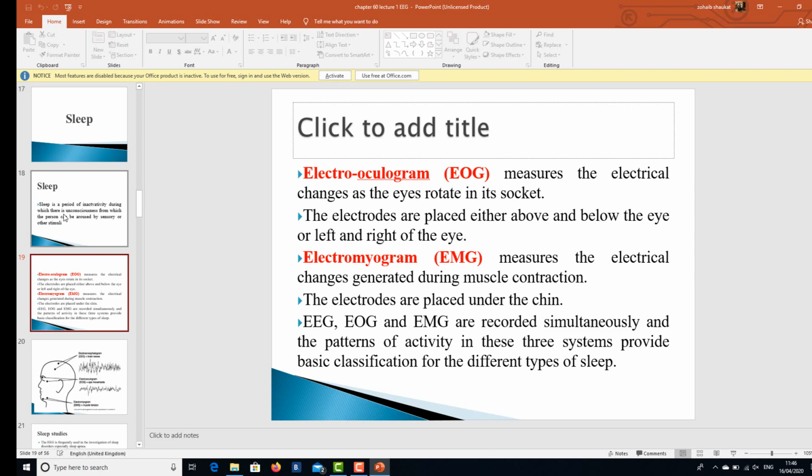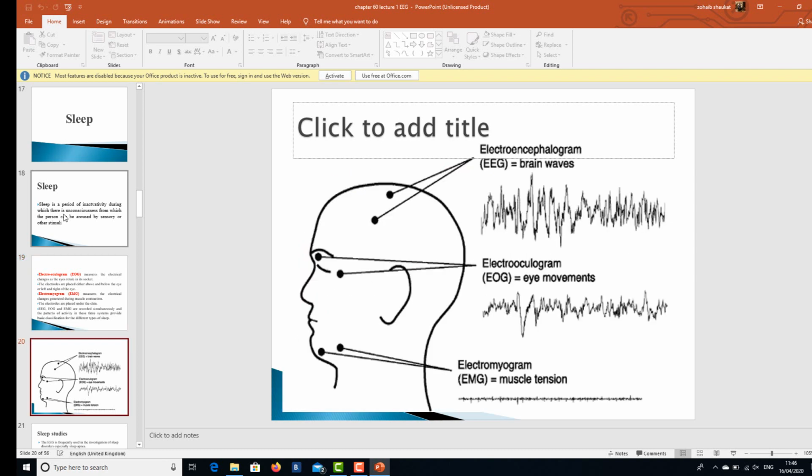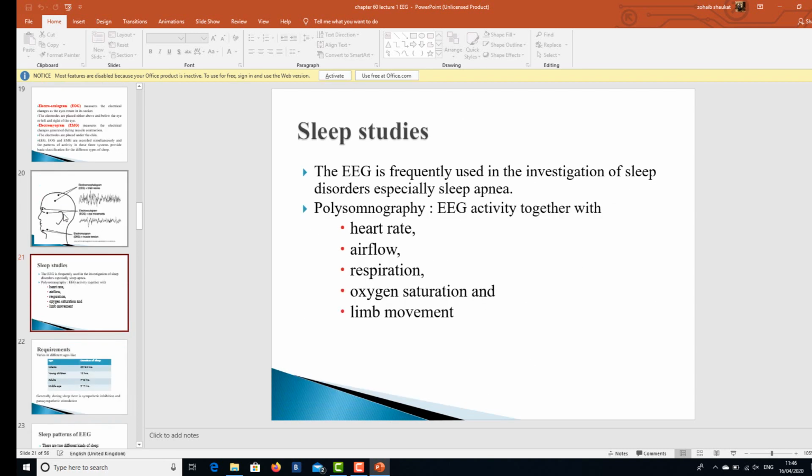Electroencephalogram, electro-oculogram, and electromyogram are recorded simultaneously, and the patterns of activity in these three systems provide the basic classification for different types of sleep. You can see the electrical activity that is being recorded. The sleep studies actually show that